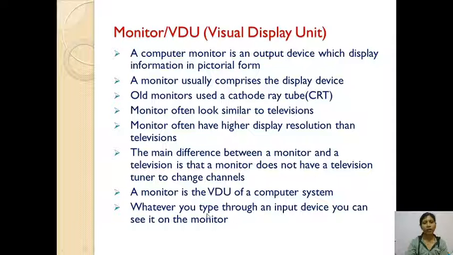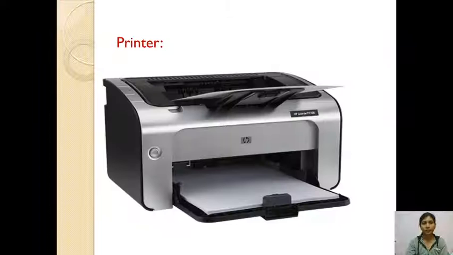Whatever you type through an input device, such as data typed on the keyboard, you can see on the monitor screen. The user can easily see or read that information on the monitor screen. That is the use of the monitor screen.